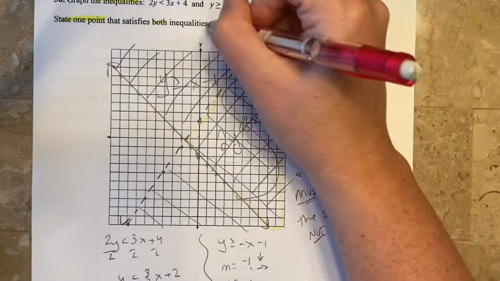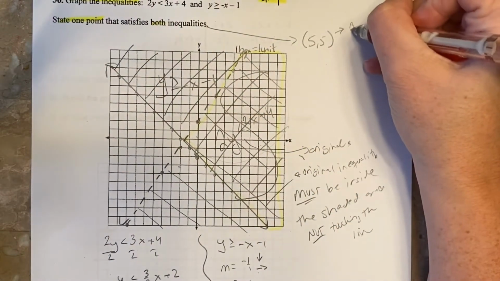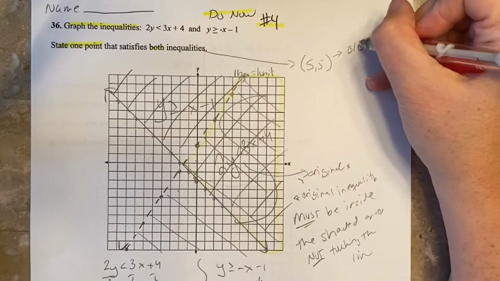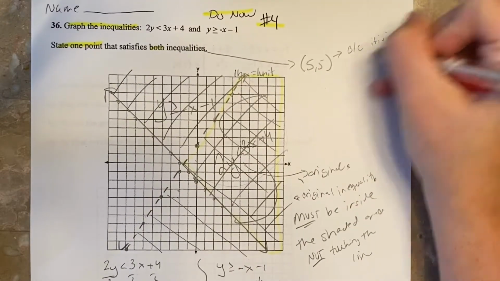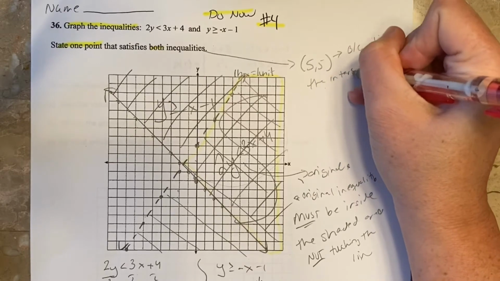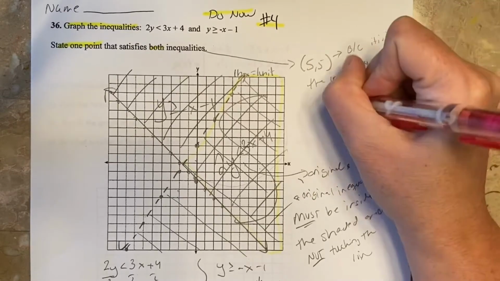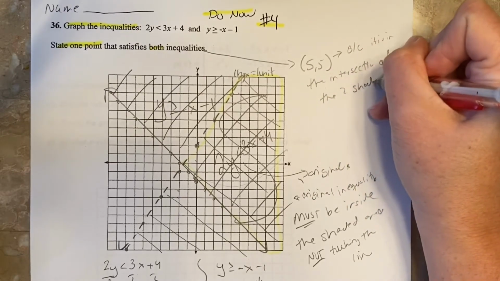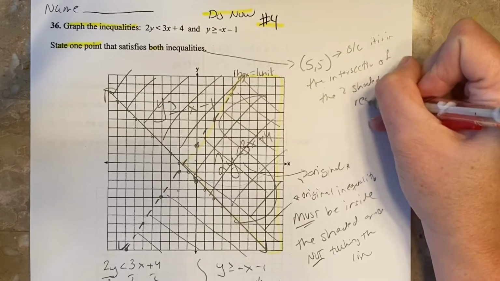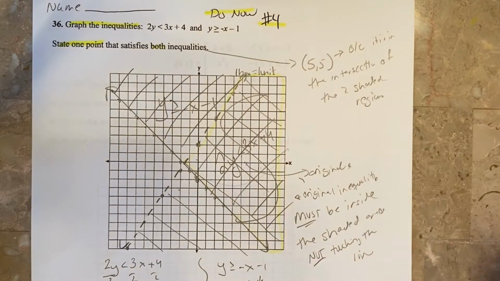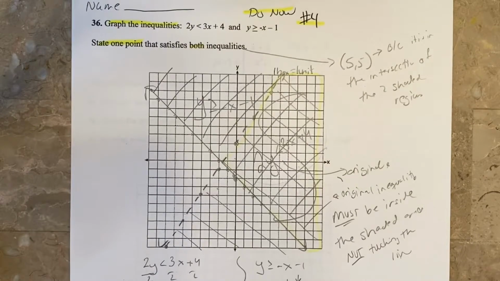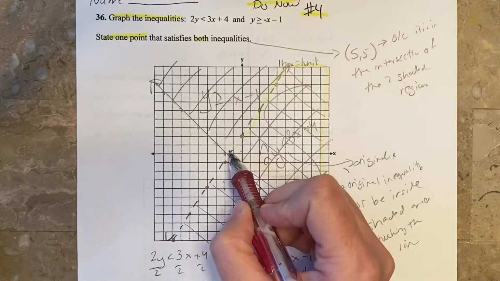Okay, and this is an answer because it is in the intersection of the two shaded regions. Okay. All right, so there's one more little quick thing I want to go over, and that's this right